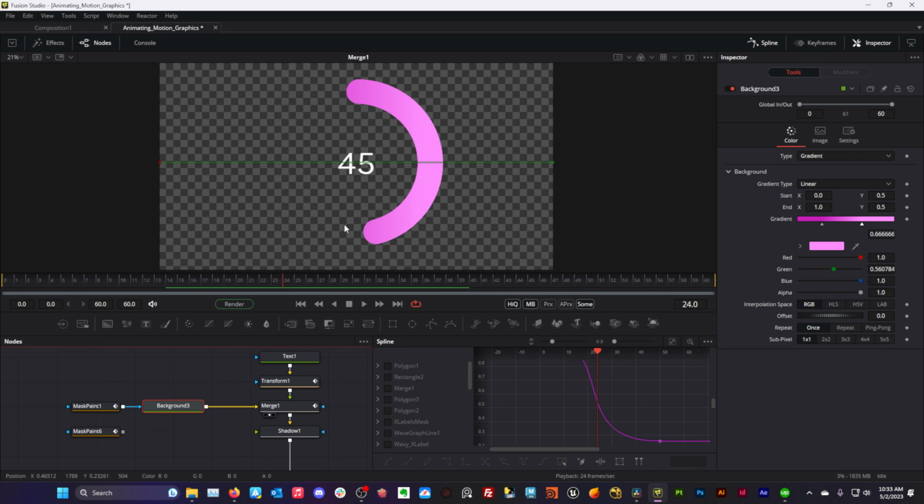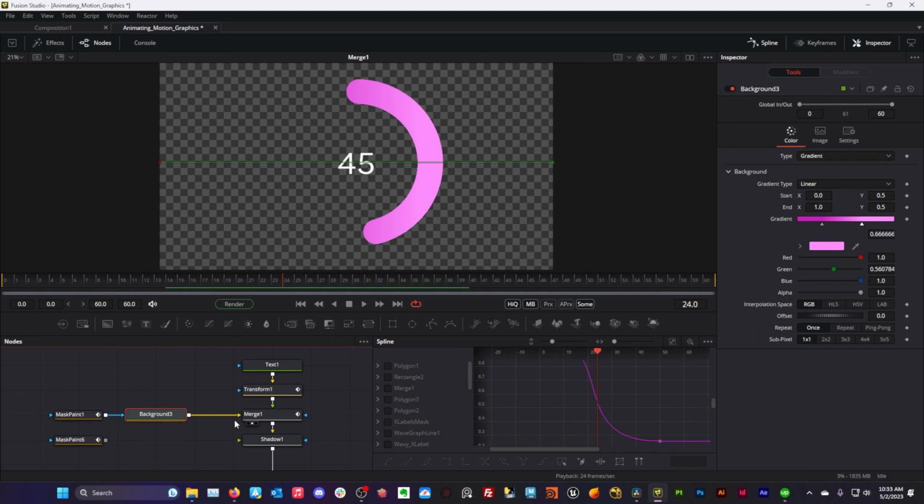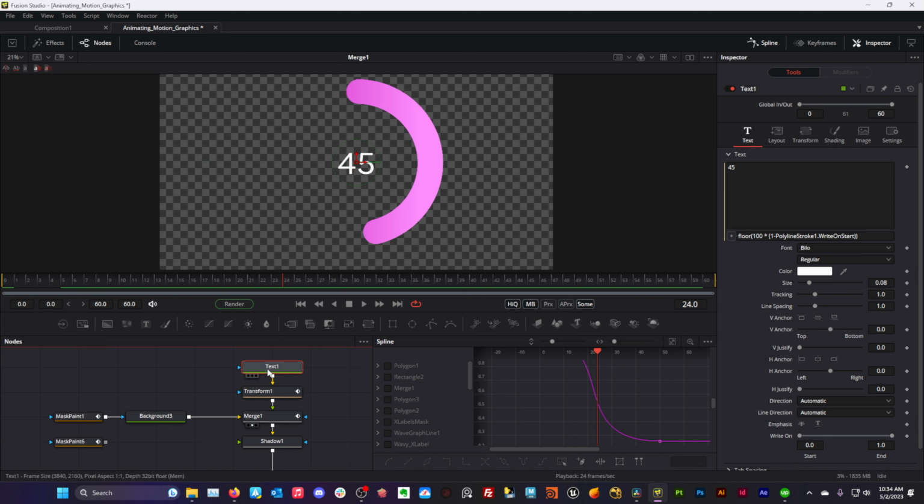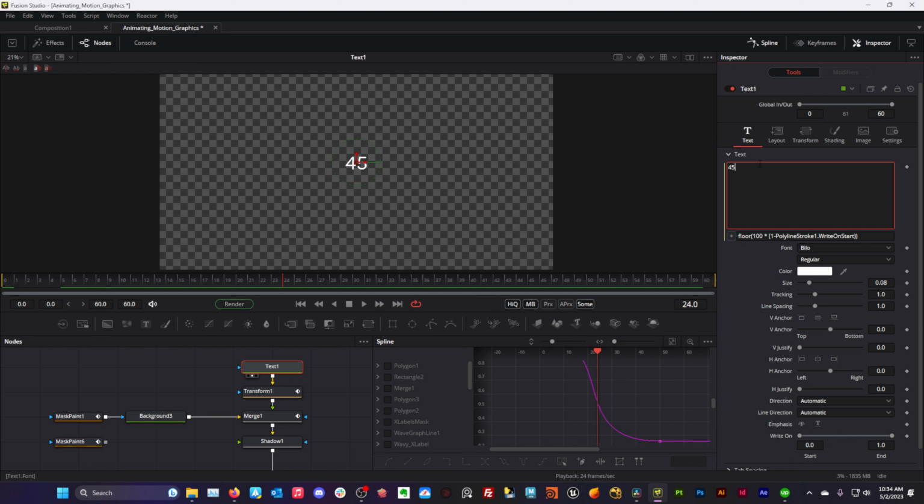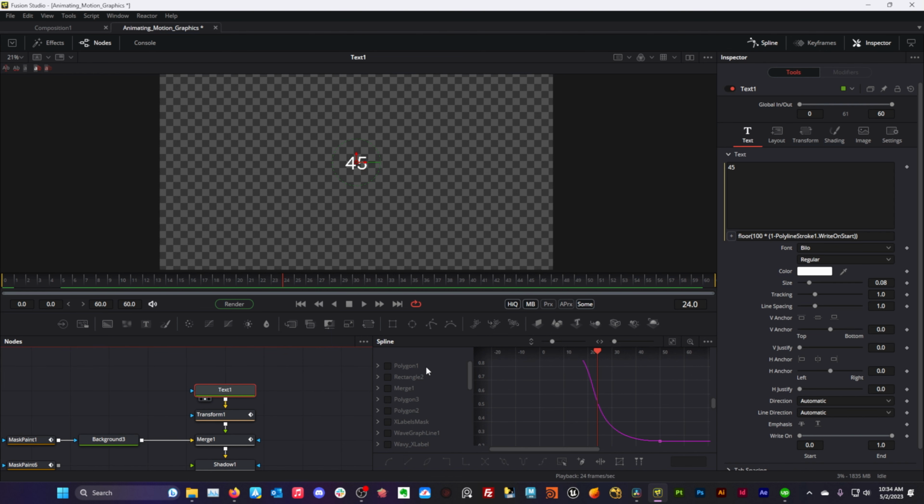Then that is connected to the background input of a merge node, over top of which we have a text tool. So this is where the fun stuff comes in. In order for me to figure out this bit here, I employed the help of an unnamed AI chatbot, which is also not a sponsor and won't be named. To connect 2 elements together, just to start the process, what we would do,